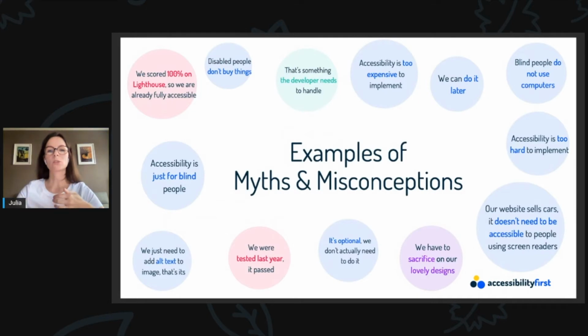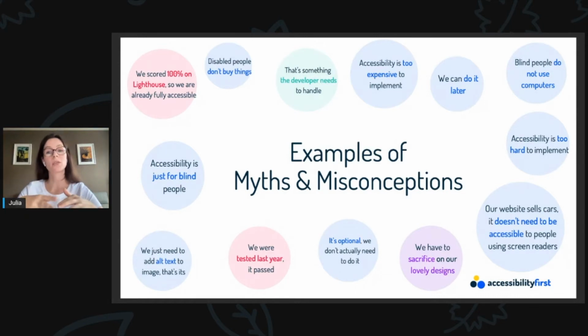Now I would like to share a few examples of accessibility myths that I hear over and over again, that are offered as explanations for why not to implement accessibility in a project. People are saying things like accessibility is too hard or too expensive to implement, that they are selling products that a person with some kind of disability wouldn't buy anyway, or that people who are blind do not use computers. They are saying that